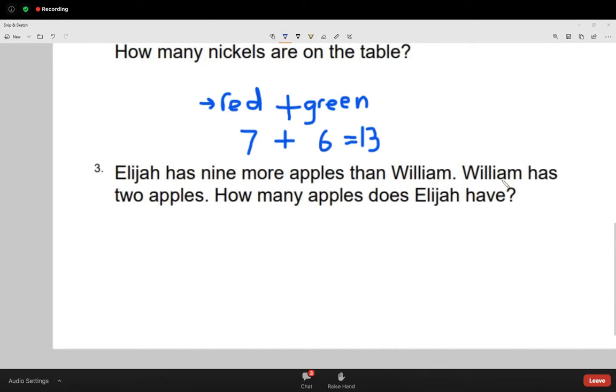Elijah had how many apples? 9. And so how many does William have? William has 2 apples. Oh, then it's 11. Yeah, but let's figure out how we can do that. So what we can do is we can write out, because we want to get how many Elijah has. So we know that it's William